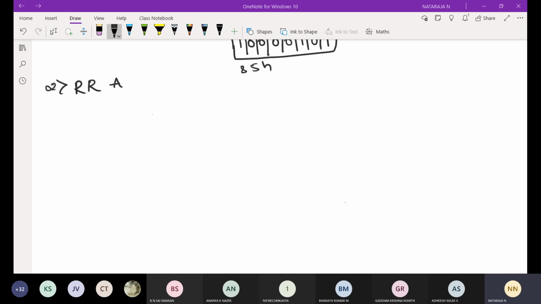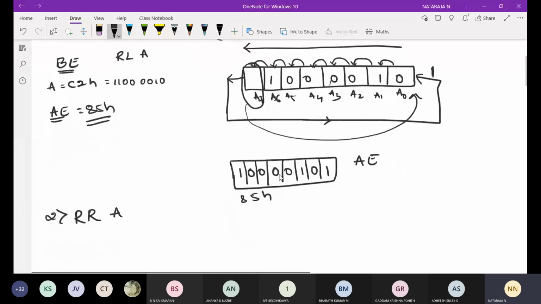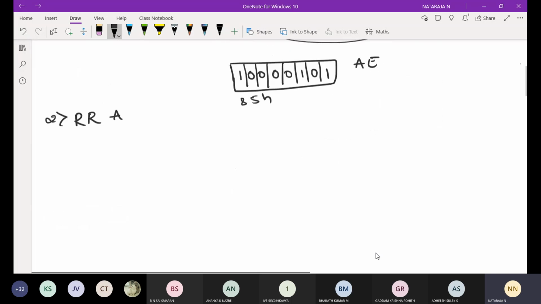Function is rotate accumulator right. Description: the eight bits in the accumulator are rotated 1 bit to the right. Bit 0 is rotated into bit 7 position. 0 will be moving to 7th position. In the last case, the 7th bit is rotated to bit 0. Now bit 0 will be moving in the opposite direction. From this point to this point, it will be going to rotate.